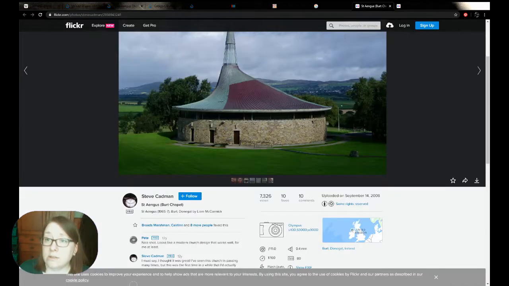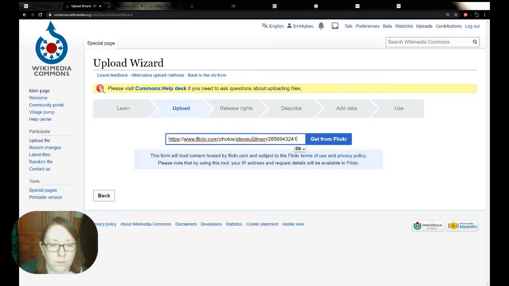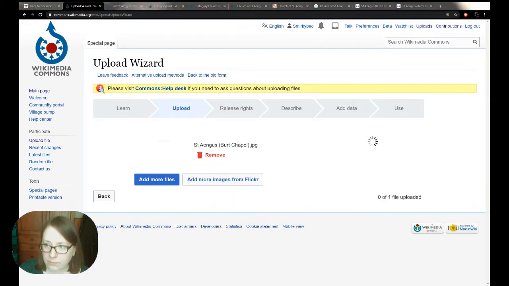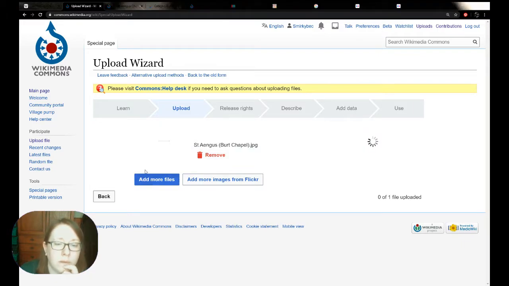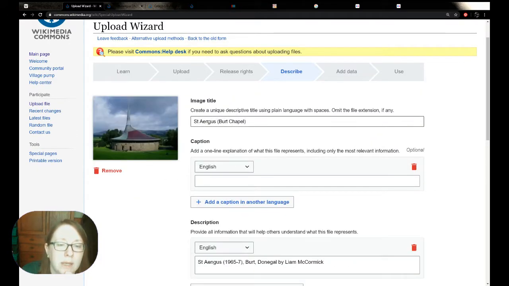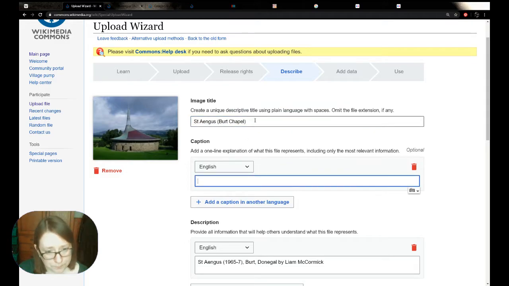So what we need is just our URL. I'll paste that in there and say Get from Flickr. That's working away on that. Excellent. So I'm going to say continue. I'm just going to upload the one for the moment. So St. Angus Burt Chapel, that is coming up as a unique name. I'm going to add a caption. St. Angus's Church. And then I'm going to say